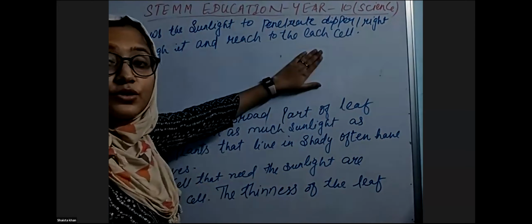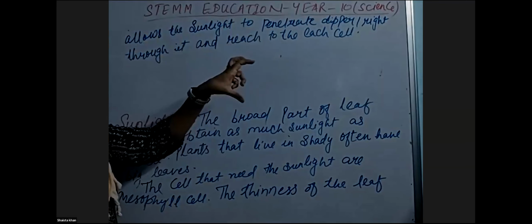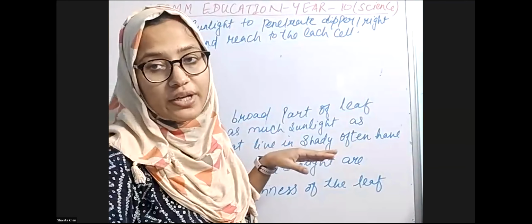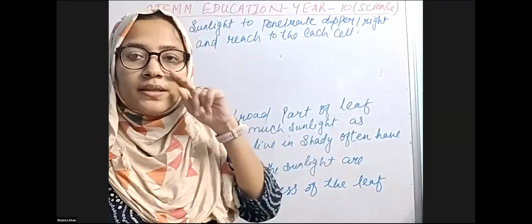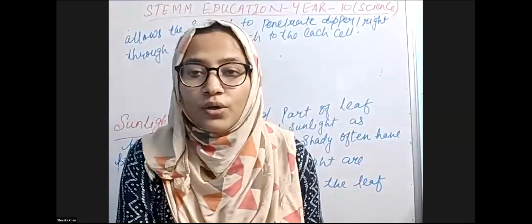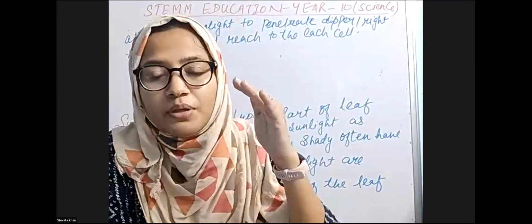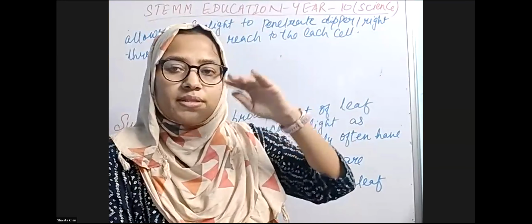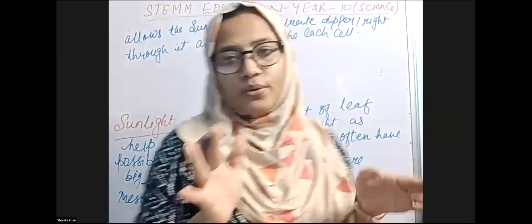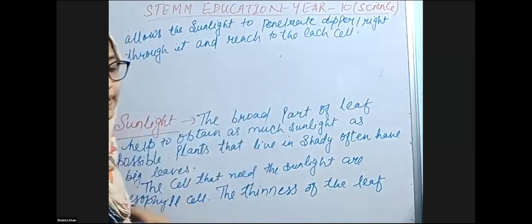And to absorb more sunlight, the epidermis cell. You know what? There's an epidermis layer also, as I've already told you in our previous class. The upper layer of the leaf structure is what? Epidermis cell. And why is it so? It is a waxy kind of structure to protect the leaf, the upper part. There are two layers of epidermis, upper epidermis and lower epidermis, which protect the inside structure of the leaf, right? So to absorb more and more sunlight,